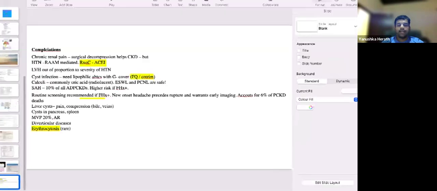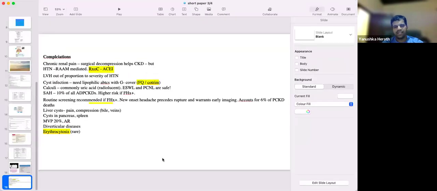Right. And the other thing is about screening. They can ask about screening as well. They use ultrasound scan for screening purposes, depending on the age. If they are less than 40 years old, they don't have to have a lot of cysts; one cyst is enough. More than 40 years, they have to have two or more cysts in two kidneys. So there is a criteria to screen for and diagnose autosomal dominant polycystic kidney disease.